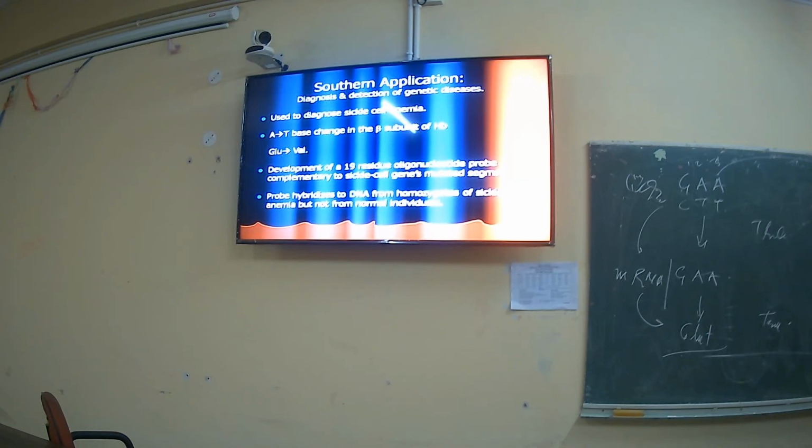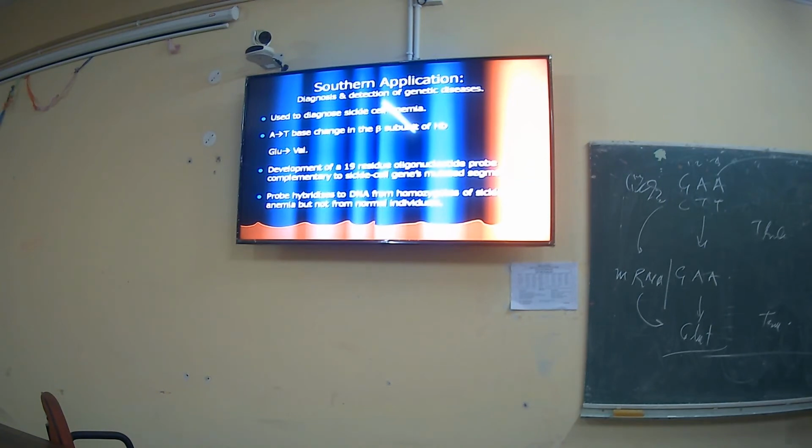And in a missense mutation, only a single amino acid is changed, but this single amino acid has a large impact on the hemoglobin. That is sickle cell anemia. Actually, when the A base changes into T, the corresponding base pair changes. Due to the base pair change, the mRNA changes, and if the codon changes, the protein also changes. So it is the best example to find out what happens in sickle cell anemia.